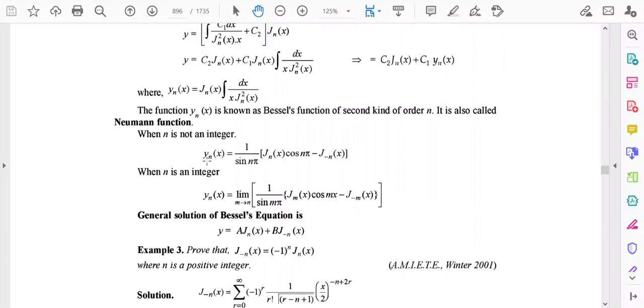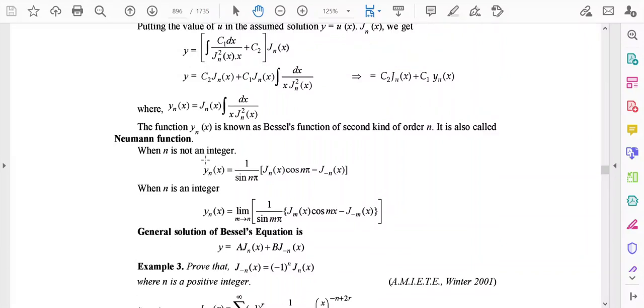So I think you have understood Bessel's equation and the solutions of Bessel's equation, that is Bessel functions, and we have discussed all the content from the book of Das and Verma. I suggest that you read this book further for a clearer understanding, and I thank you all who have listened to this lecture. Thank you again.